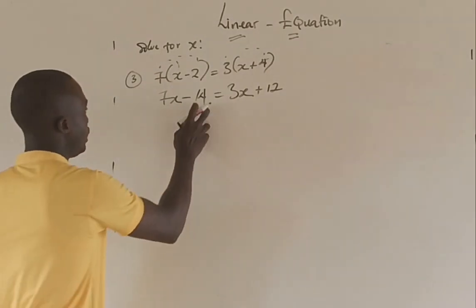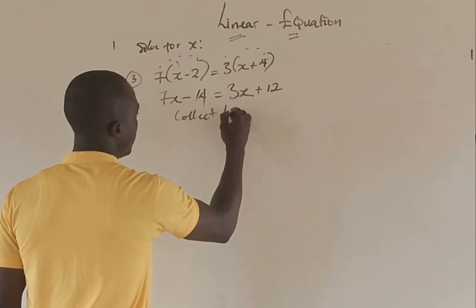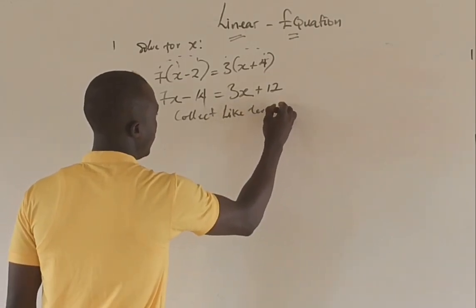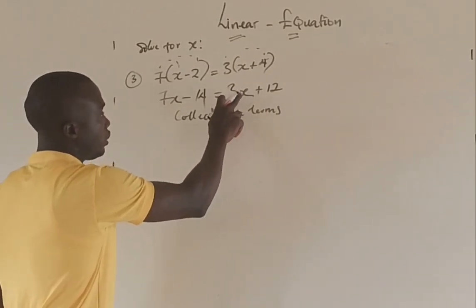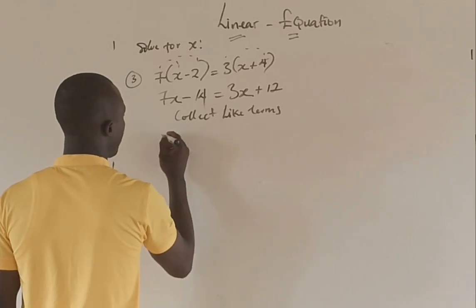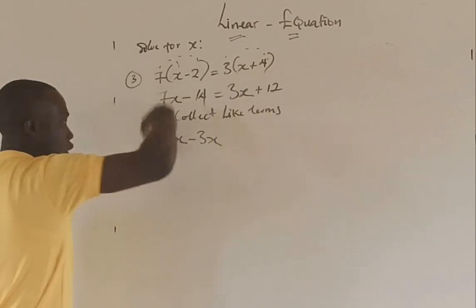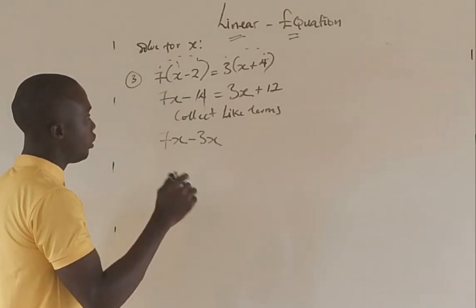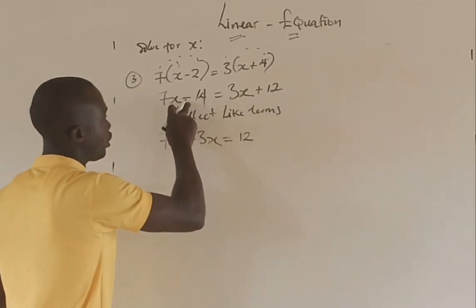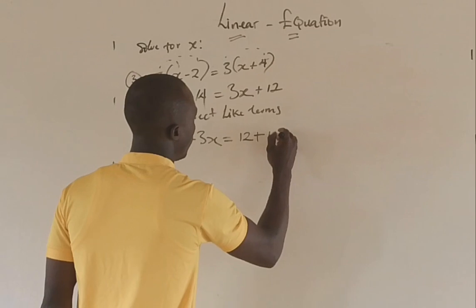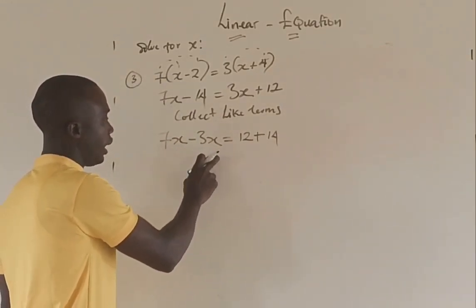Right? So in this place here, we move further. We collect like terms. We bring 3x to this side, so we have 7x minus 3x. When it crosses the equality sign, it will change to minus. So we have equal to 12. This minus 14 crossing over will change to plus 14. So 7x minus 3x will give us